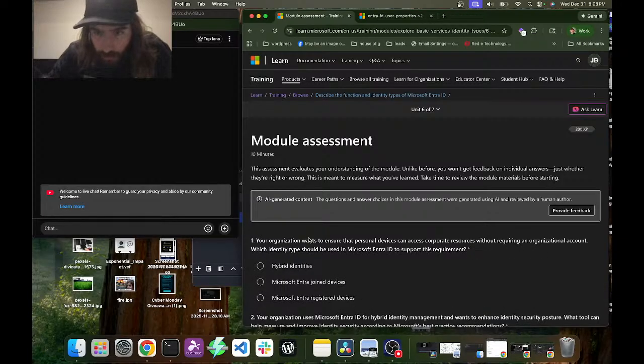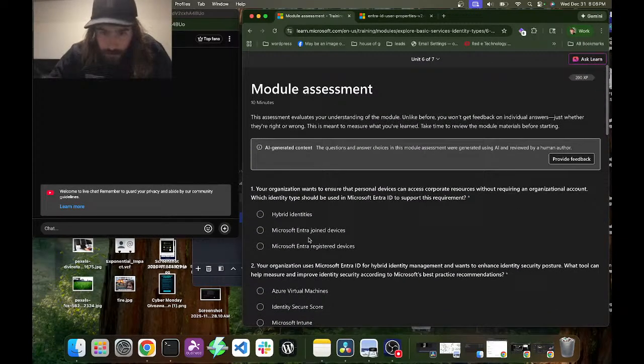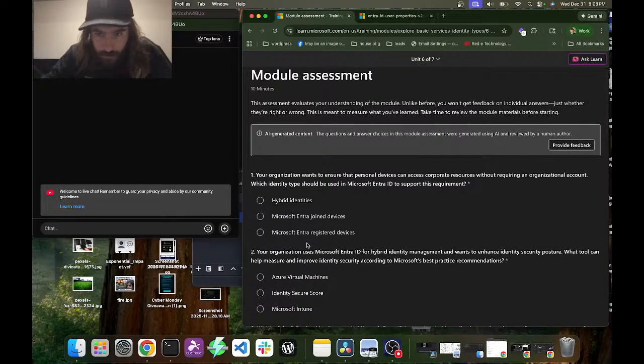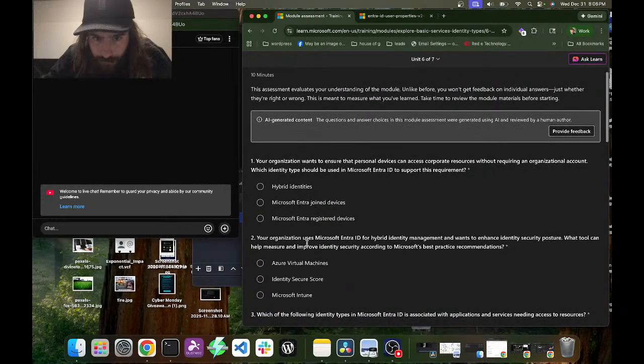So your organization wants to ensure that personal devices can access corporate resources without requiring an organizational account. Which identity type should be used in Microsoft Entra ID to support this requirement? Hybrid identities, Microsoft Entra joined devices, or Microsoft Entra registered devices.